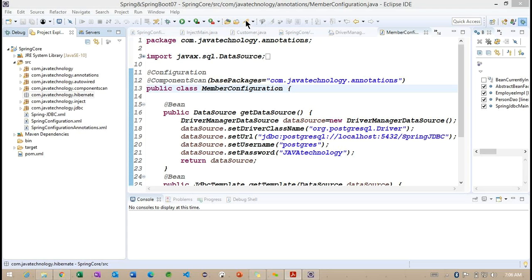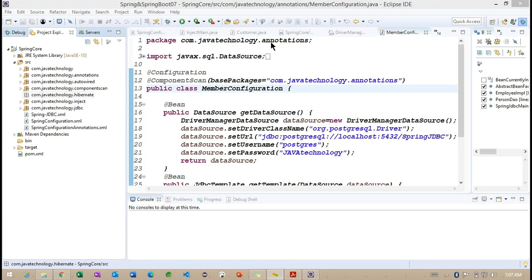Basically, Hibernate also supports Java. Along with Java, we can work with other technologies too. Basically, it is one of the ORM tools, so we can work with other languages also. Right. So back to here.